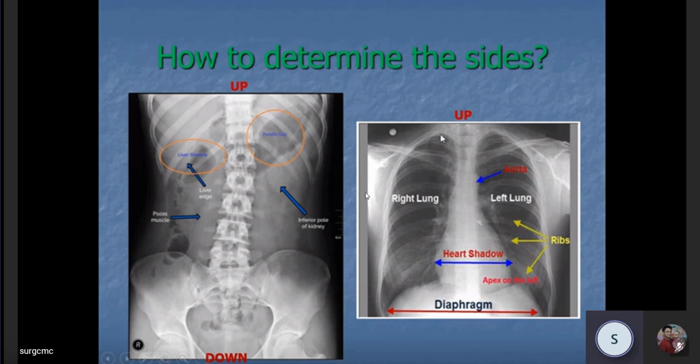Of course, from the clavicle and upper part, you can make out which part is up and down. So left and right you can make out, and you can see the ribs out here as well. And this is the aorta. Here you can see a small convexity, that's the aorta. But on an X-ray of the abdomen, it is a bit difficult. Up and down is not really a big problem because the pelvis is down, we know. But there are other things to determine.